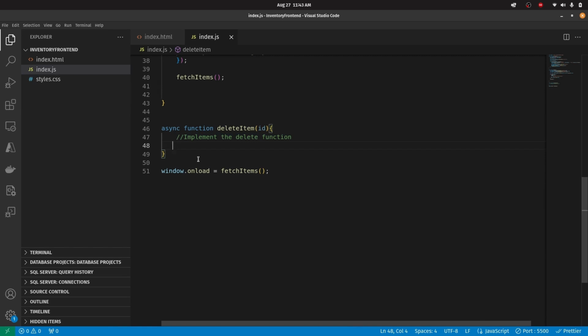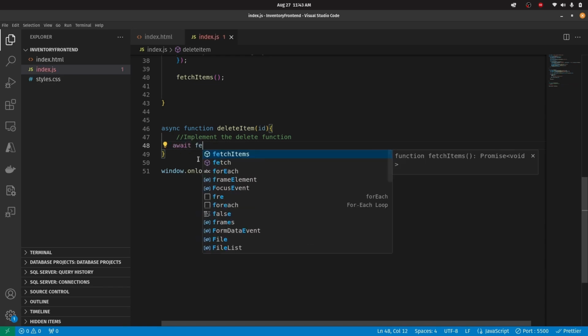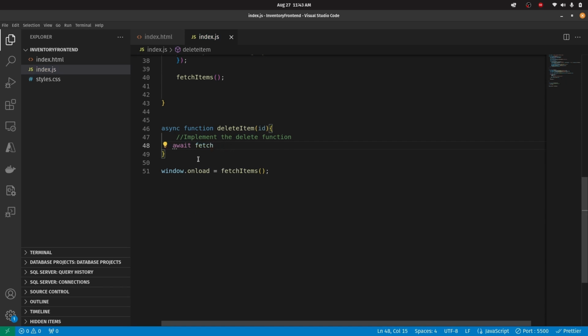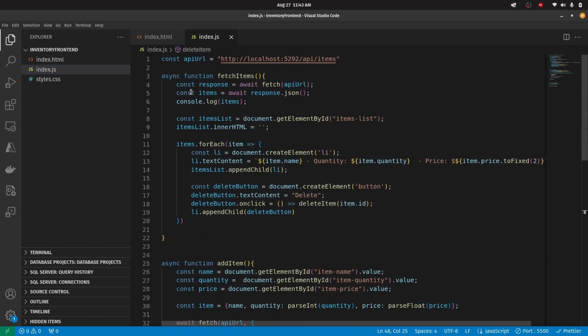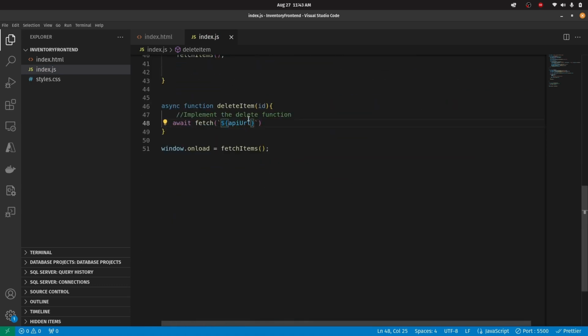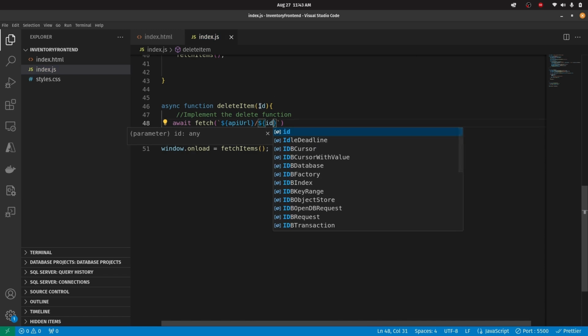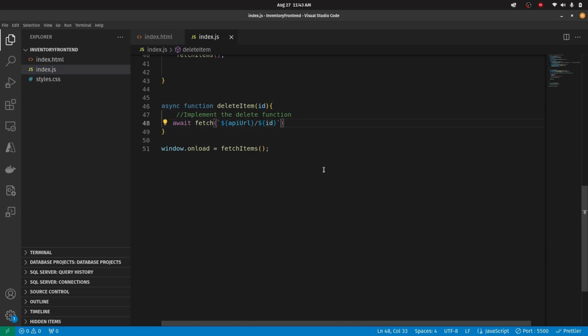I'm gonna say await fetch, not the fetch items, this fetch, and I'm gonna use these quotations and then $, API URL, this URL, and then /, and then I'm gonna pass in the ID as well, this ID here, and then a comma,